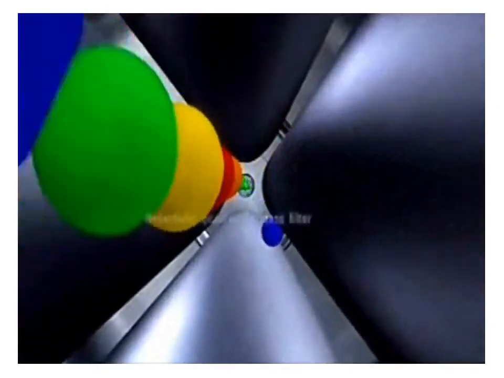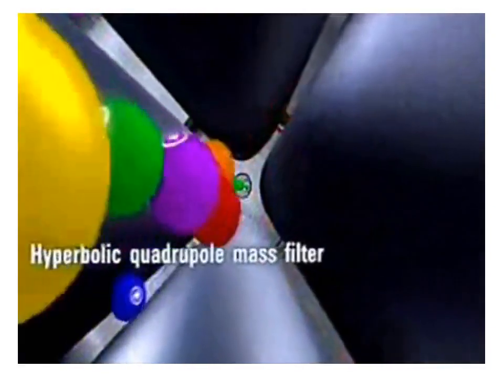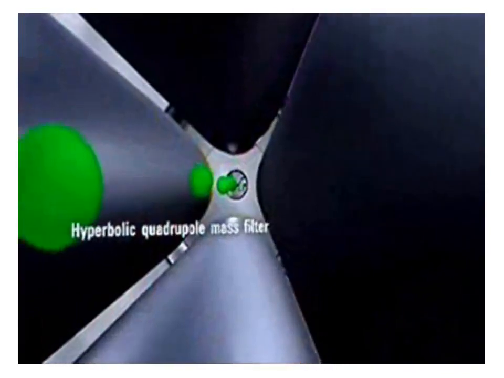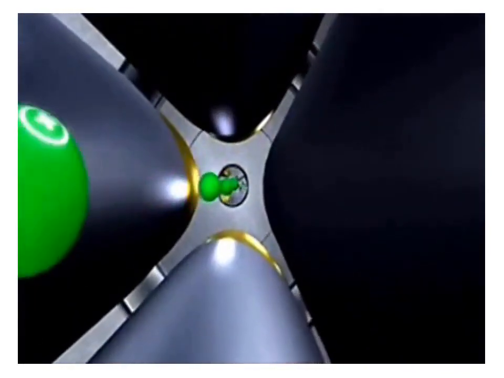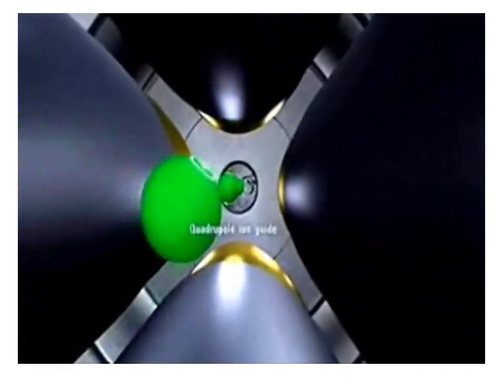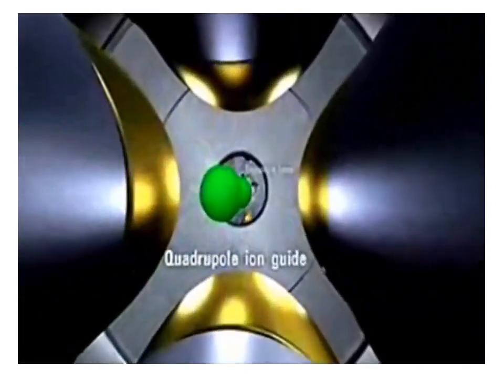In the quadrupole here, the only ion being selected is the green one. All of the rest are being excluded by the vacuum system. The green ion has been selected and then transmitted to the collision cell, where it will collide with nitrogen gas